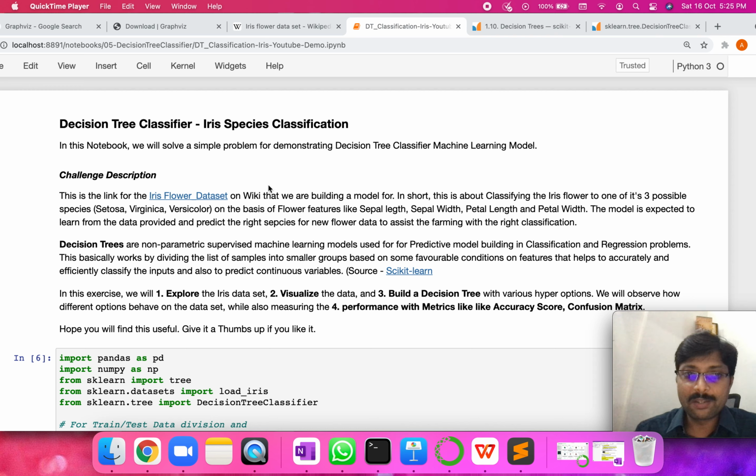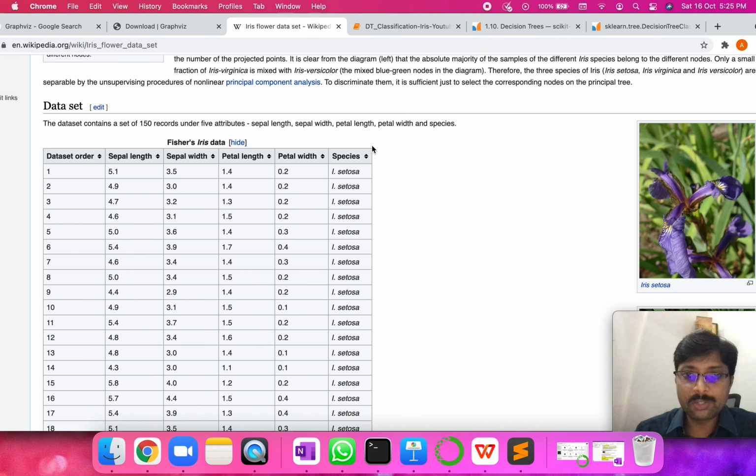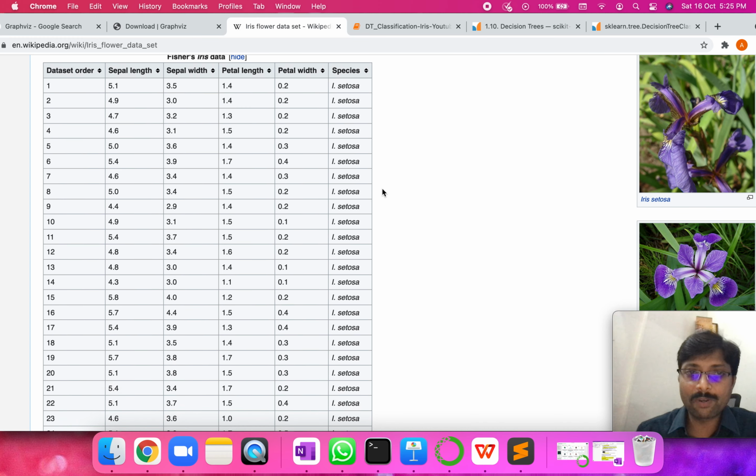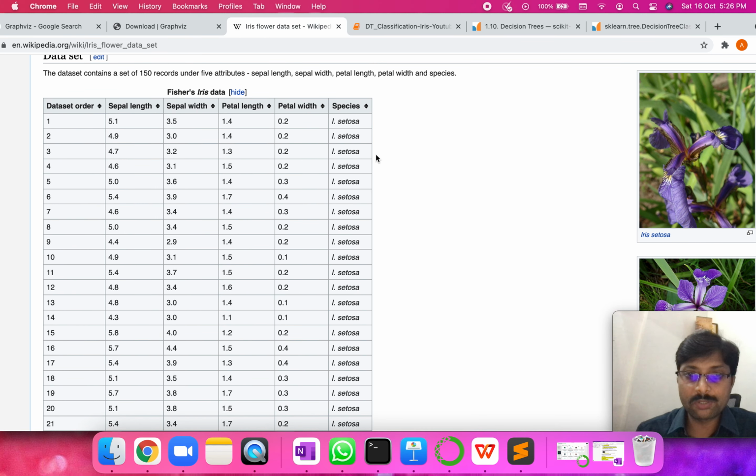So let's get moving. As we have discussed earlier, the iris flower dataset is basically a classification dataset. The purpose of it is to classify the various flowers into different categories of species. There are three types of species available for the iris flowers. Given the sepal length and width and petal length and width, we need to classify them into one of these species. That's the actual problem. This might be very useful in farming, whenever we have the yield and we are trying to classify it into the respective classes of the flowers. So this is the use case.